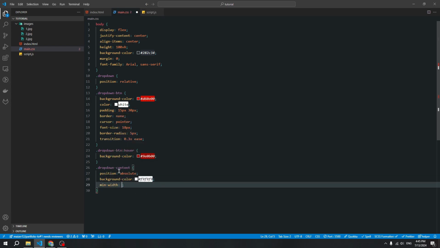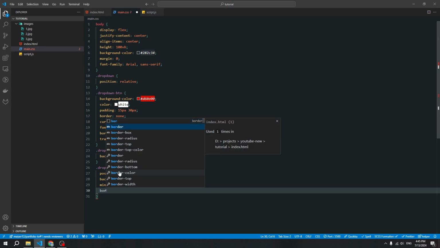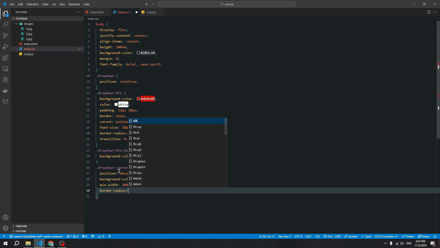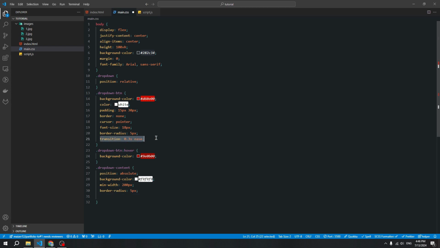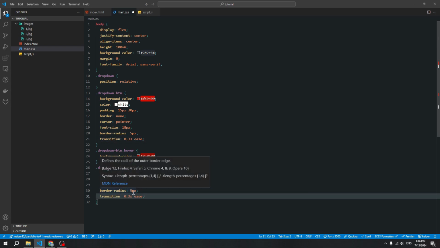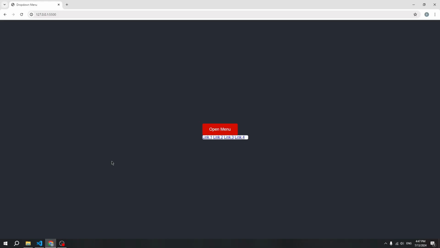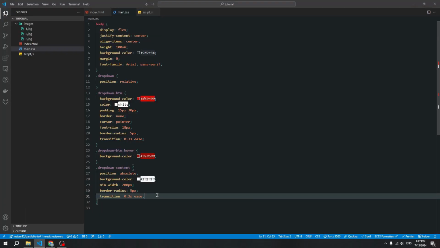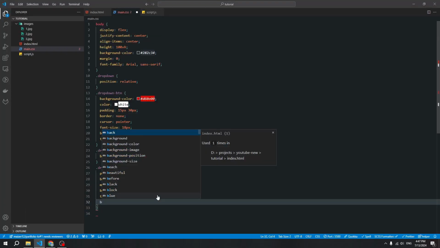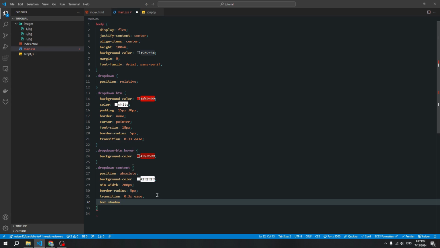Also add main width, we can use 200 pixels, and create border radius, the same 5 pixels, and we can copy our transition from our button and paste here. Okay, let's look at the window. Okay, and also let's add shadow for our content using property box shadow and